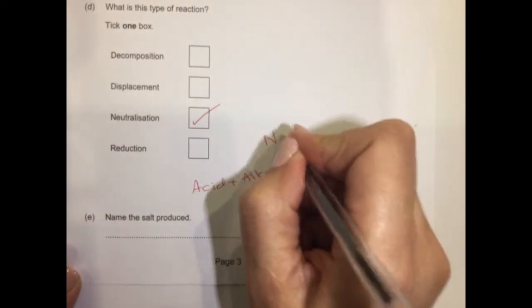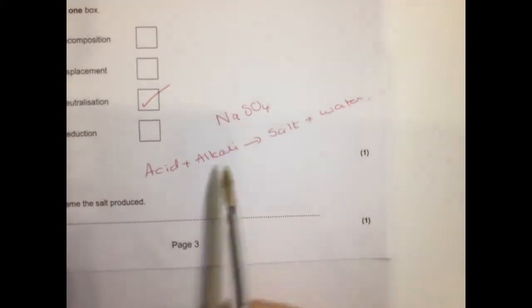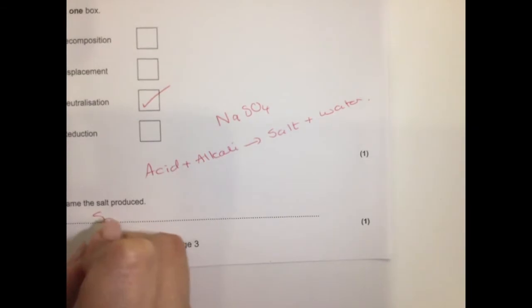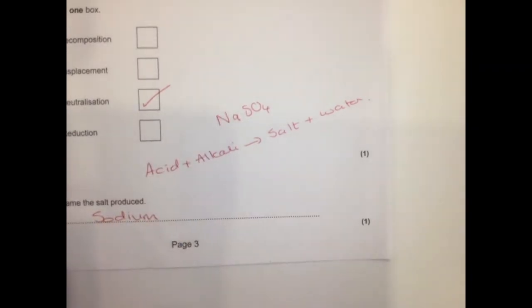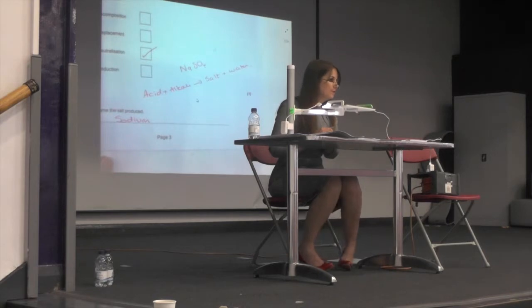This is the name of the salt produced, NaSO4, because we can see salt plus water. NaSO4. What's Na? Sodium. Okay, SO4. S is sulfur, O is oxygen. Anybody know? Has he got it, miss? It's